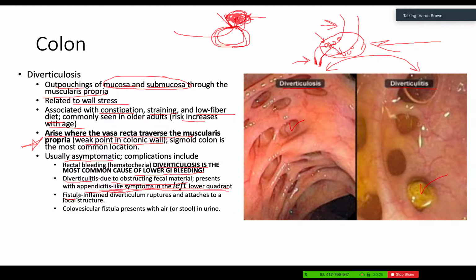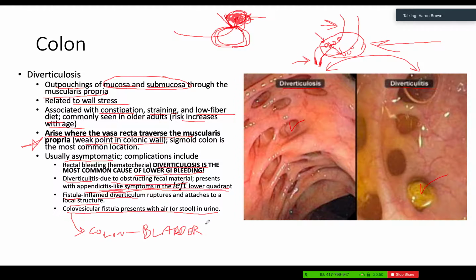You can have progression to fistula if you have an inflamed diverticula that ruptures and attaches to a local structure. A colovesicular fistula presents with air or stool and urine. So here we have a fistula between the colon and the bladder. Typically the way they're going to describe this is they're going to say that this patient